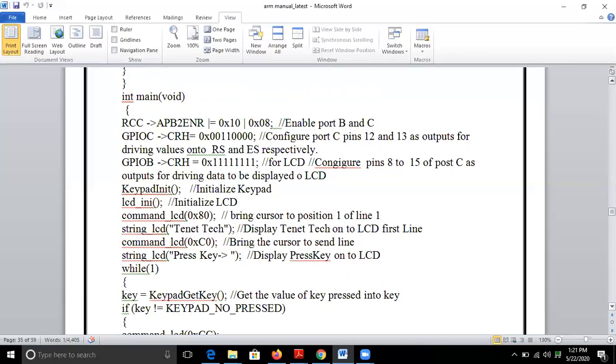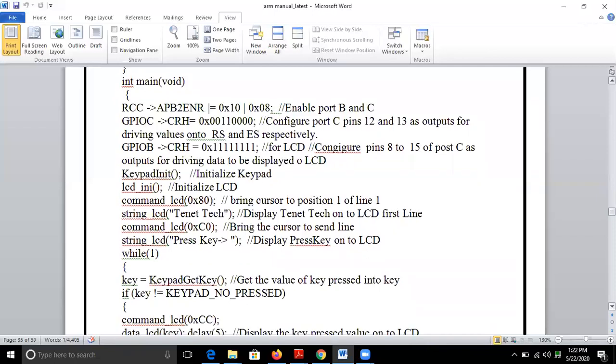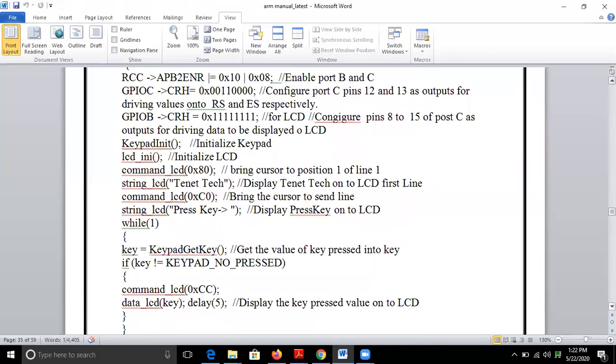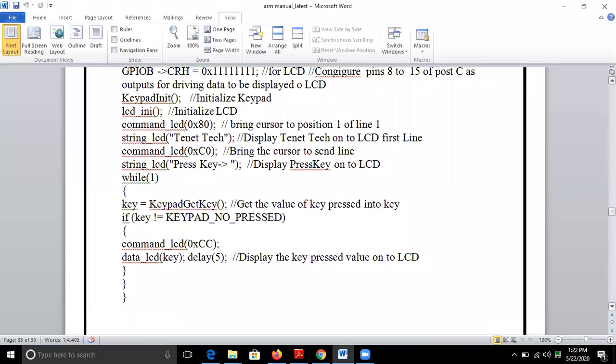Then you will issue the command to bring the cursor to the next line. For that we are issuing Command_LCD 0xC0. This will bring the cursor to the next line. Then you display "Press key" onto the second line to prompt the user to press a particular key that he wants to display onto the LCD.